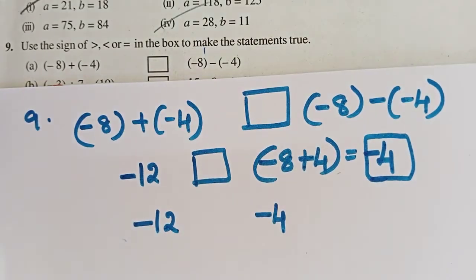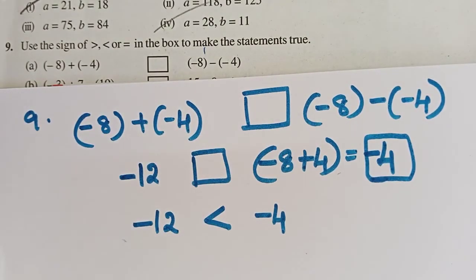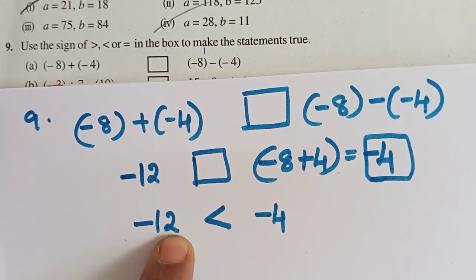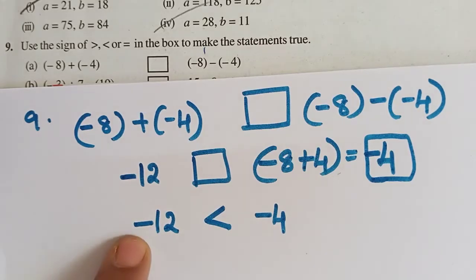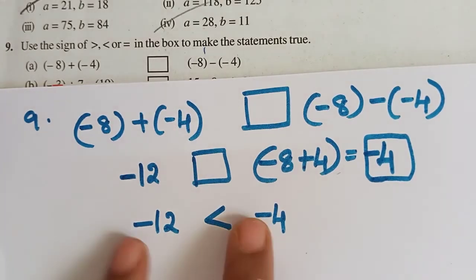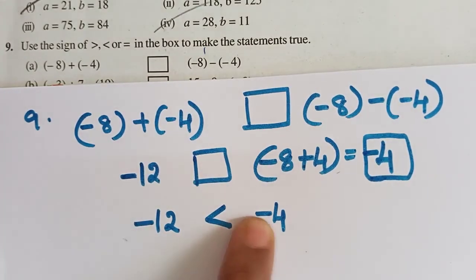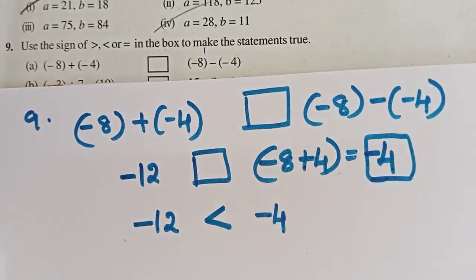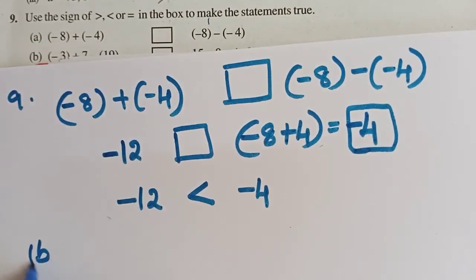So when negative signs are there, it will become the opposite. That means minus 4 will be bigger. As the number increases, when it's negative, its value decreases. Okay, with a negative sign, as the number increases, its value will decrease. So whenever you get such a situation, you close the negative marks and think for a minute. Which is big? 12 is big. That means I should write the opposite with the negatives. Whenever we are having negative signs, I should write the opposite of it. That's it. Okay. Next, B.